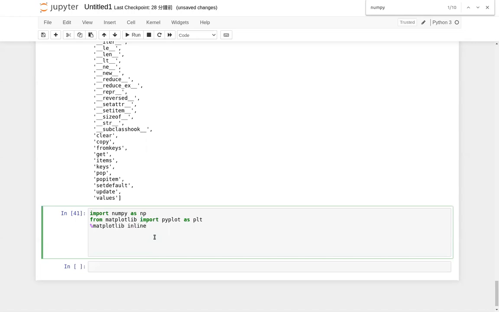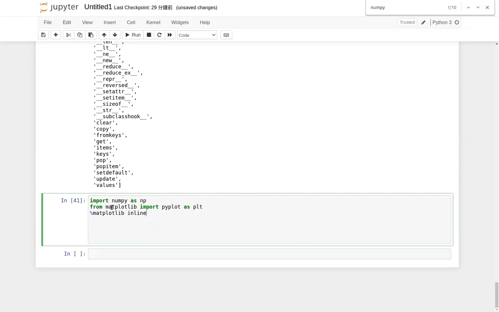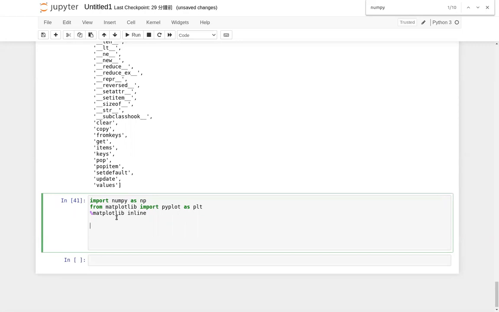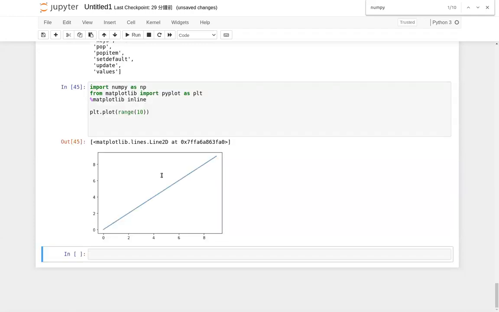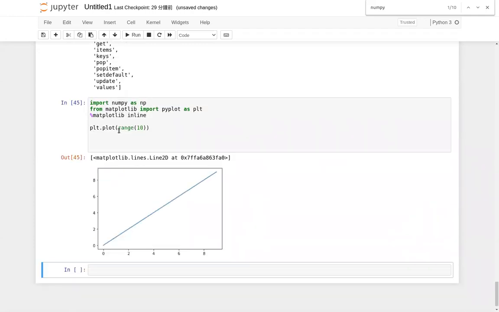It will make sure that what you are plotting will be shown inside the notebook rather than pulled up in an extra, additional window. It can be simple. Let me just try something very simple. I can plot, let's say, a line. Basically, I give a variable, 0 to 9, right? So it's just a. If I give just one variable,